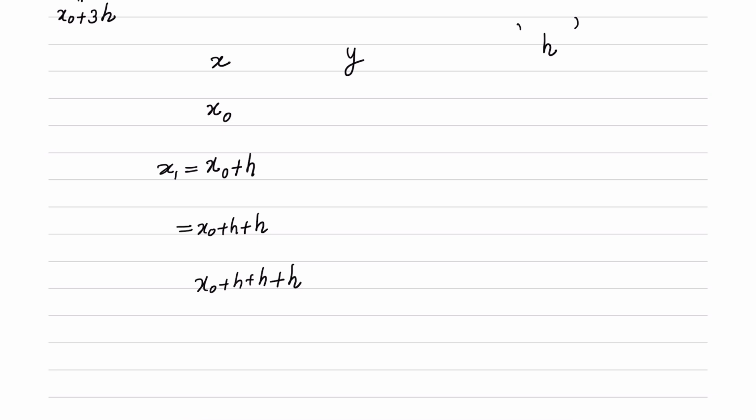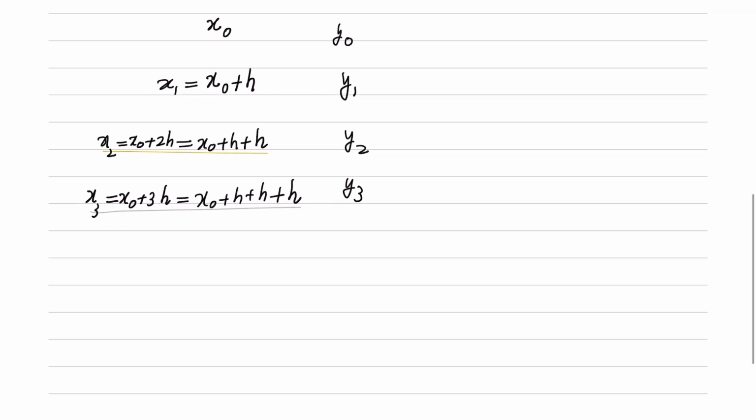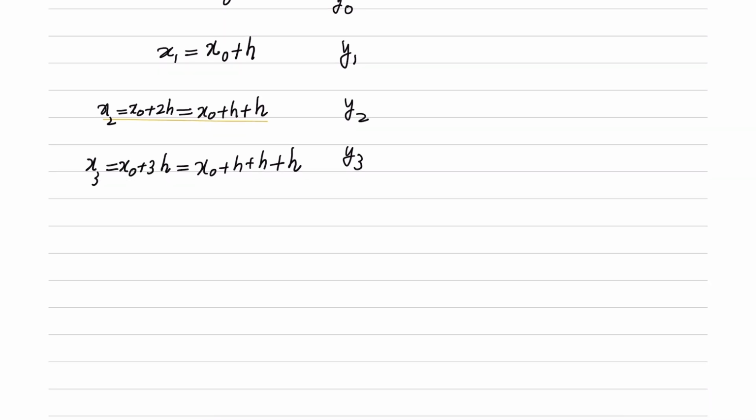The next value is x0 plus 2h, but it is also x2, because first you have x0, then x1, and then x2. The next value could be written as x0 plus 3h, but after x2 this must be x3. So what we are seeing here is, if your data is equally spaced, x0 is the first x value, x1 is the next x value,